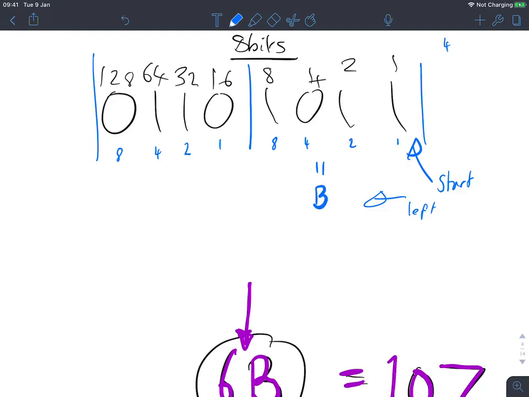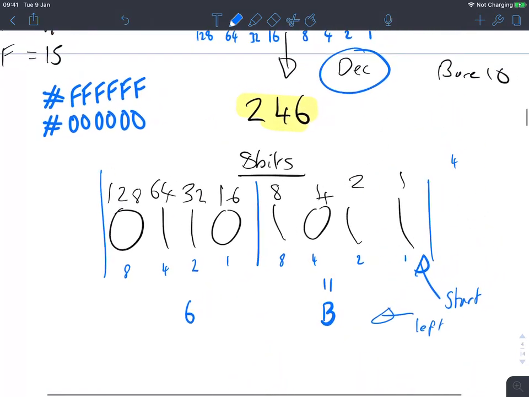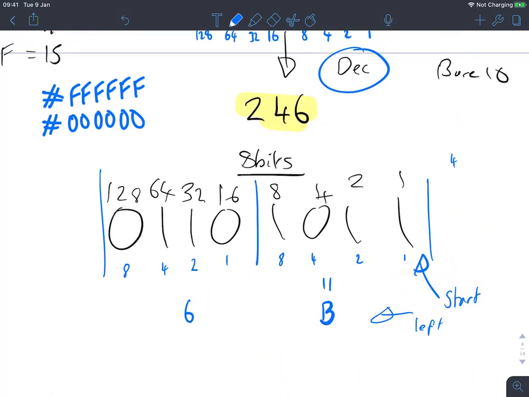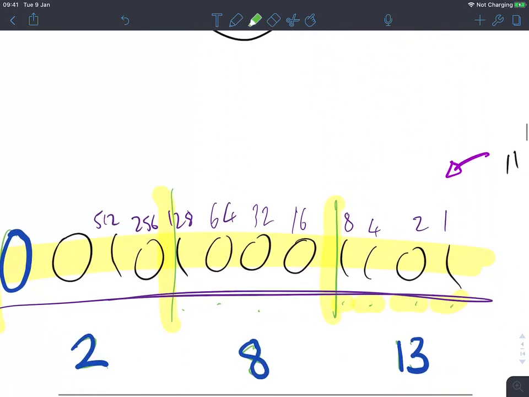Same here, we've got a 2 plus a 4, which is 6. And 6 is 6 in hex. And so we arrive at 6B, which is 107 in decimal. And it's 107 because, remember, we put the short version together, so 6 and B together, and then we write the numbers across the top, which I'm highlighting in green, to get the full actual magnitude of that representation,